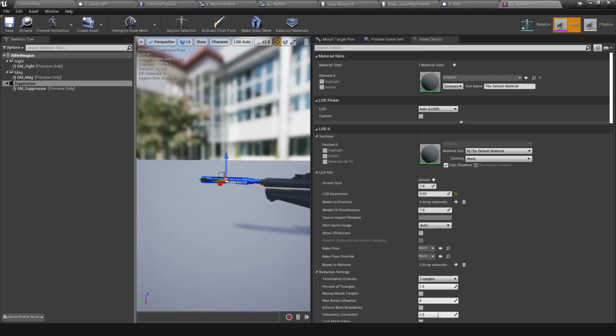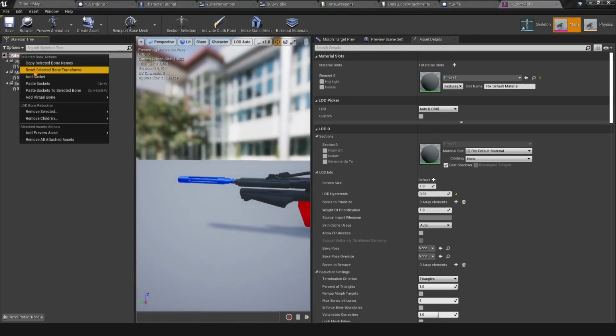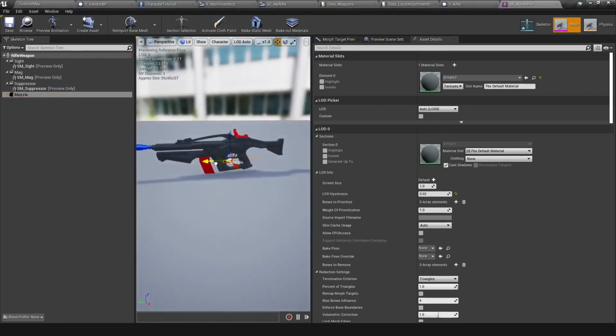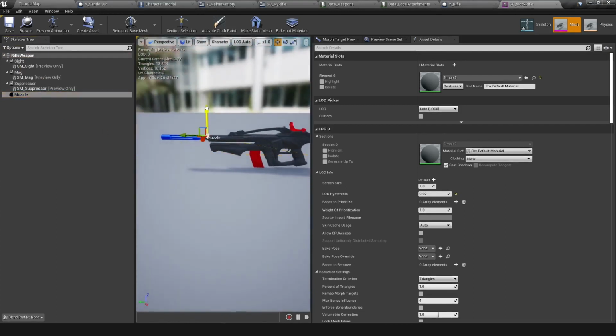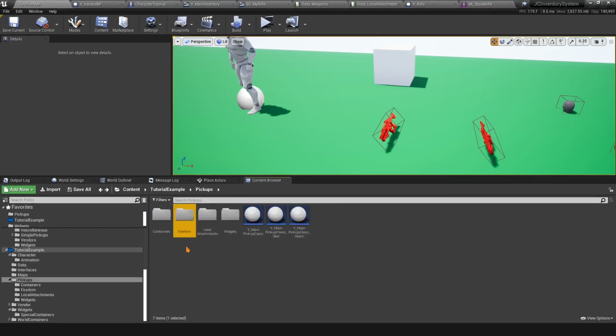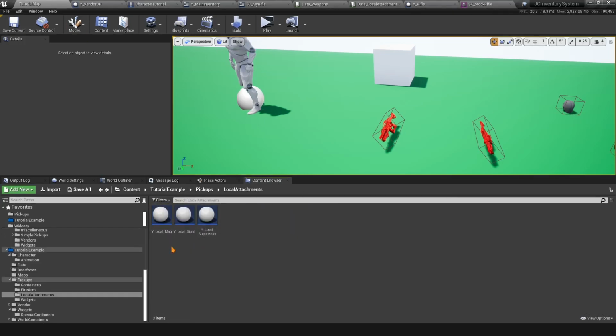And of course, while you're at it, you definitely want to add a muzzle socket to your weapon. So muzzle, and move it to the barrel of the weapon there. Okay, so remember these things here. So what you want to do here is go back to your local attachments, and then